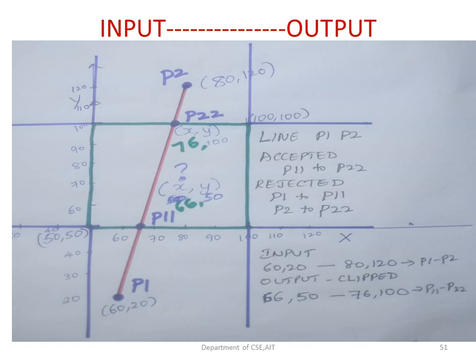Here the 50, 50, 100, 100 that we have is the clipping window size. So it is the clipping window, and the x direction and y direction are as usual. Based on this we have to find where the line is actually cutting the clipping window. Appropriately, at that place you have to find the values for x and y. Exactly, I now know where my line has been clipped. So this is summarizing the Cohen-Sutherland line clipping algorithm.